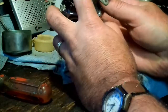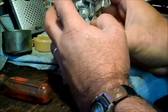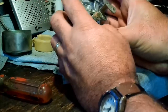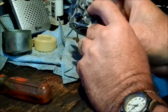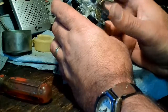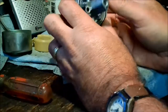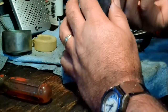But yeah, as long as Parts Tree comes through for me on that, I should have that. My other option was to buy one of those cheap clones that were close to this and hope they cloned it similarly enough that I could just rob the pilot jet out of one of those and put it here. It actually would have been cheaper after shipping. The shipping cost more than the part did, but anyway. So I'll get this carburetor back together, but I'll have to wait on